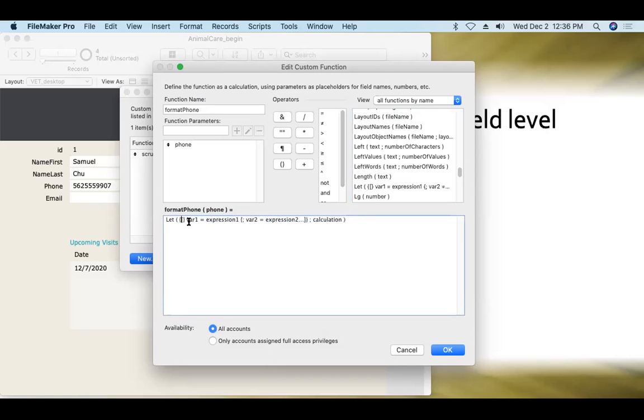Curly braces are always used to surround things that are optional in a calculation function. So I'm going to get rid of the curly braces. The square brackets here are used to surround the portion of the calculation that is the variable declaration section. As you can see, I'm moving things onto their own separate lines to make it easier,